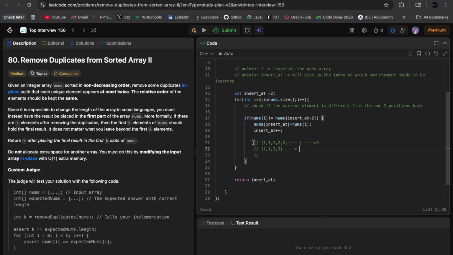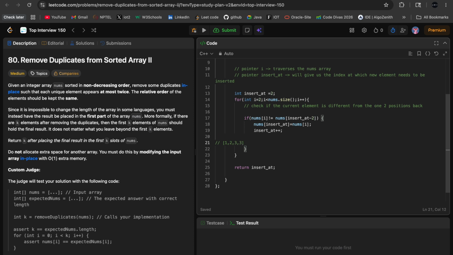Okay, so as I had explained for the previous one, we return the insert at index, because this pointer was created so that it points at the index at which new elements need to be inserted, right? This doesn't just give us that, it also gives us the size of the final nums array. I had explained this in the previous video, but I'm going to explain again.